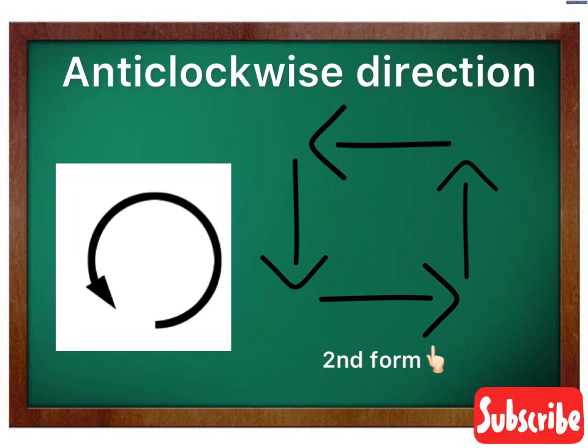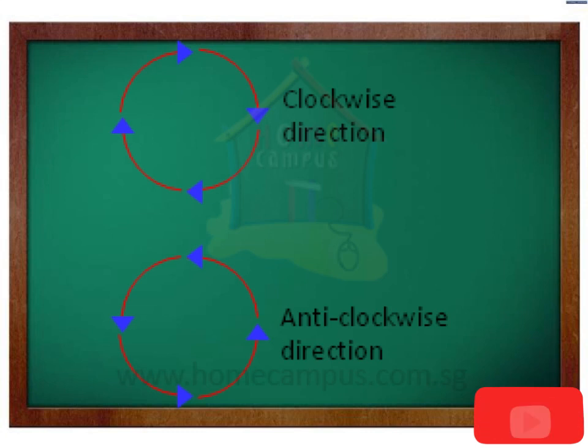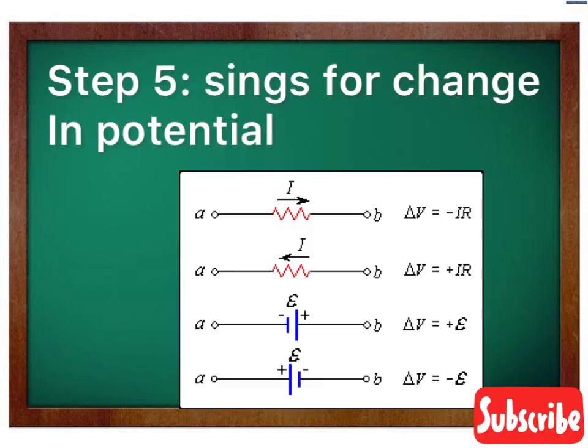So clear, the fourth step is just choosing the direction. You can choose clockwise or anti-clockwise. Now next is our fifth step. In this step we are going to give the sign conventions for change in potential. Everyone is aware of the change in potential, I have explained it in the previous video also. Change in potential is what? It can be a gain or a drop in potential. These two ways are there for change in potential.